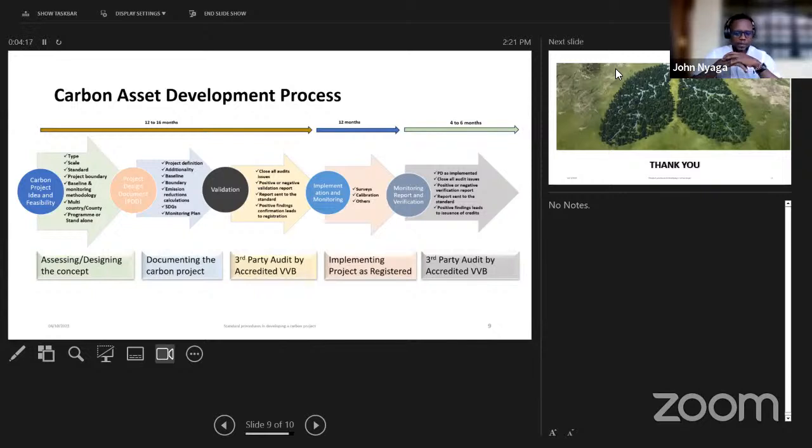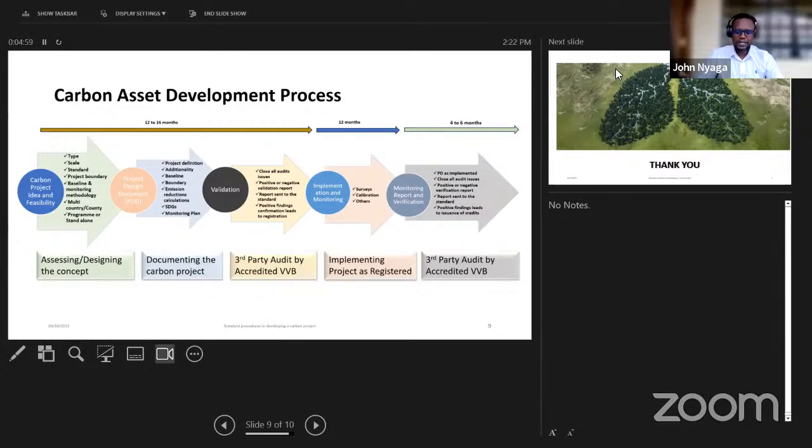This is where you come up with the idea. What do I want to do? Do I want to go into waste management? Do I want to go into agroforestry, afforestation? Do I want to go into clean cookstoves? Do I want to go into solar? That you define, you come up with the idea. And when you do that, it's required of you to do a pre-feasibility. In this pre-feasibility is where you define the type of the project and also the scale. For example, if it's tree planting, how big do you want the project to be? Do you want to operate in a village, in a county or sub-county, or even the whole country, or even multiple countries? That helps you define the scale.